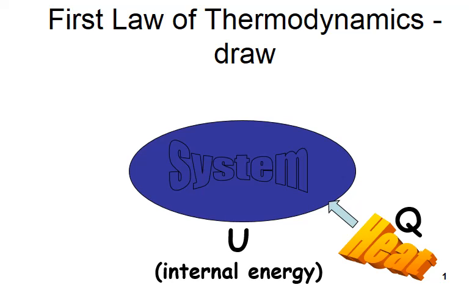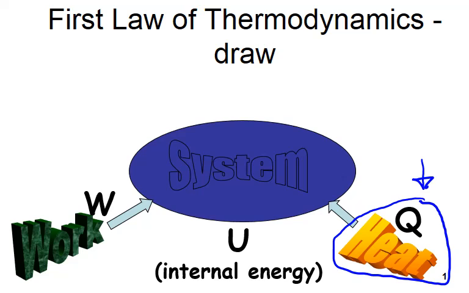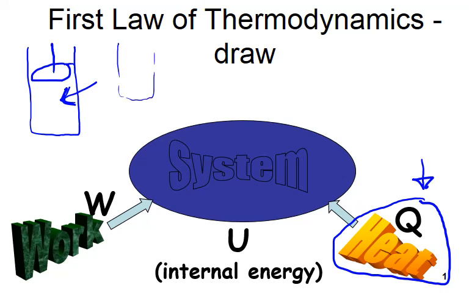And if we take our system and we put heat into our system, we know that the internal energy is going to increase. As that internal energy increases, that heat is causing that. So if we cool a system, the internal energy will drop. Now with work, if we take a gas, like that steam engine example, and that gas is expanding and doing work, the internal energy of the system is going to naturally drop. But if we have a gas, like with a combustion engine, and we're compressing that gas, the internal